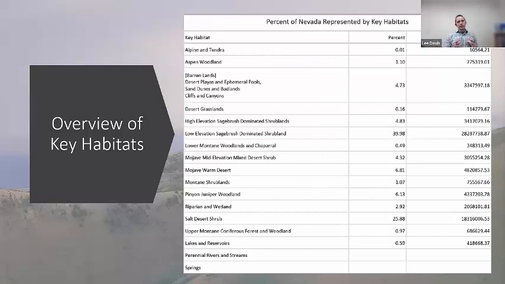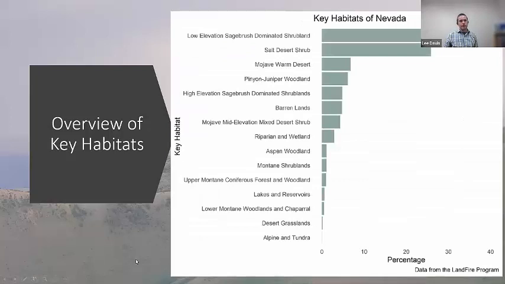The last thing that's really important about this process is that it allows us to generate some tabular data and some rough descriptive statistics for each one of our key habitats. There's a little bit of slop in this because it's coming from a 30 by 30 meter grid cell, but it allows us to get some rough calculations of acreages and the percent of the state represented by each habitat. More importantly, that allows us to generate some really nice graphics for our action plan